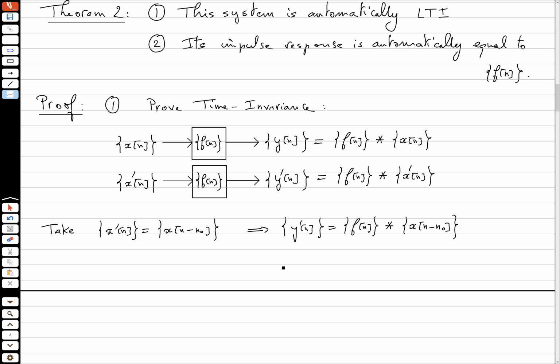Yeah, because how do you get y of n shifted by n naught? Yeah, there's a name. There's a name. There's a property of this, time shift 2. Because of time shift 2,